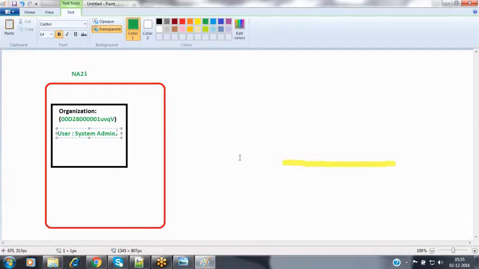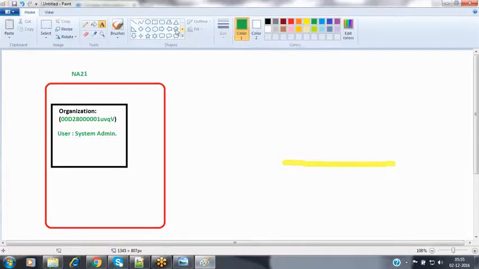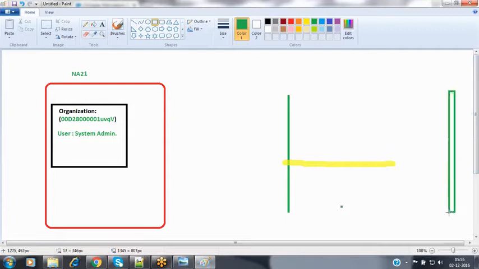Whenever you are adding the users, because we have the database inside our organization, assume that this is the database that we have. So I have the database for my organization.